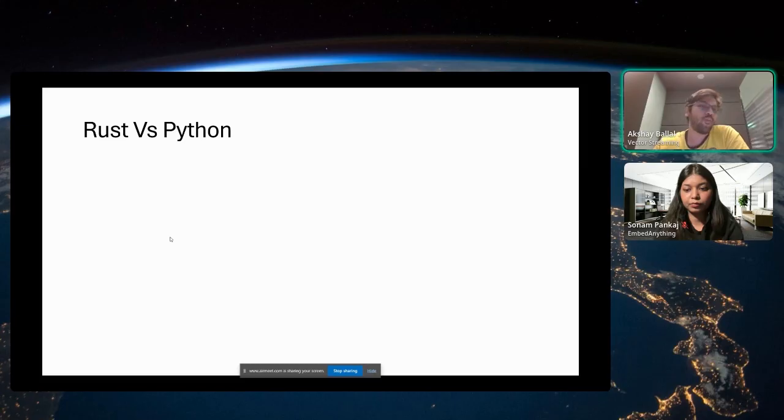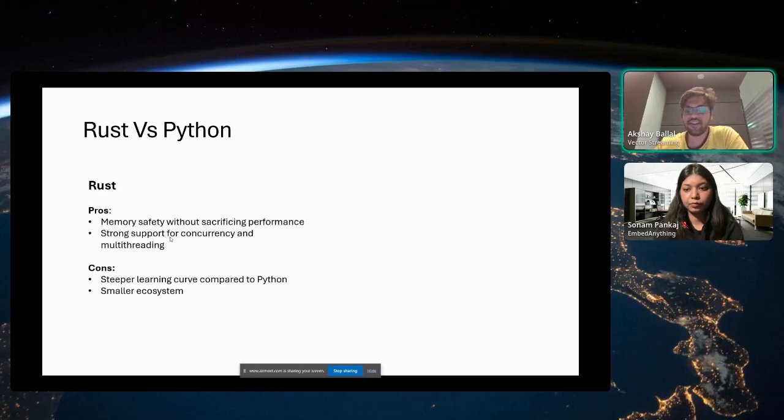This helped us grow much faster and let more people start using EmbedAnything. But why have we used Rust? We could have done the whole thing in Python. One reason is we wanted it to be very memory safe, because when you're dealing with embeddings and large models, things can quickly grow if you don't manage your memory well. You will have memory leakage and a lot of memory will be used, especially on cloud containers.